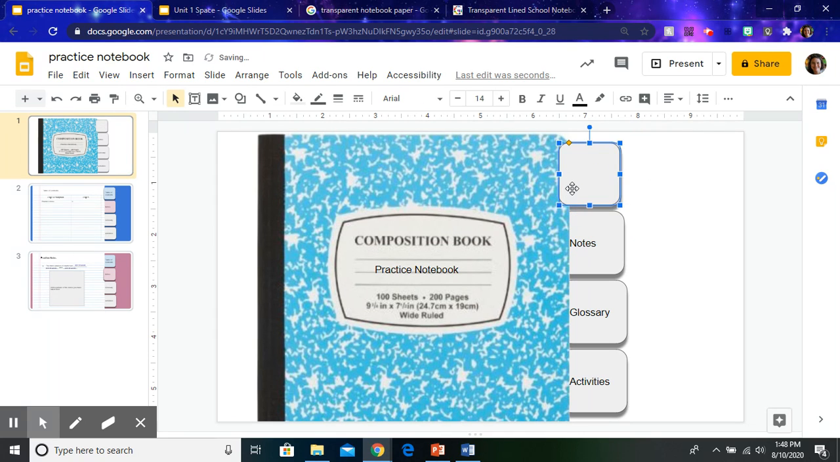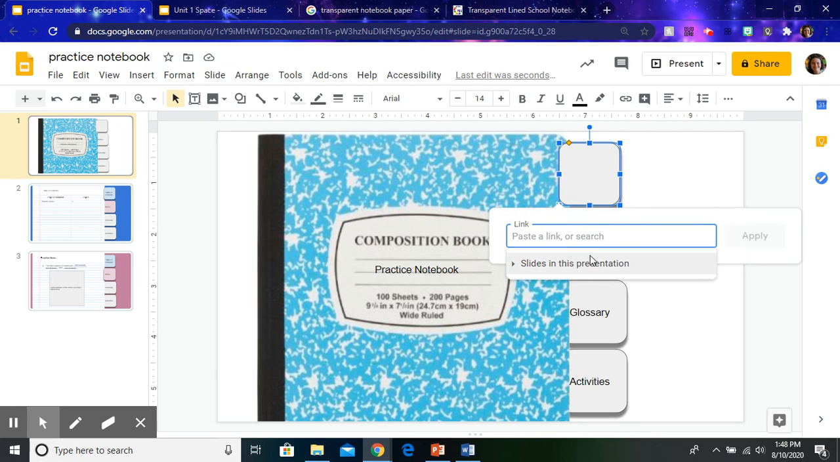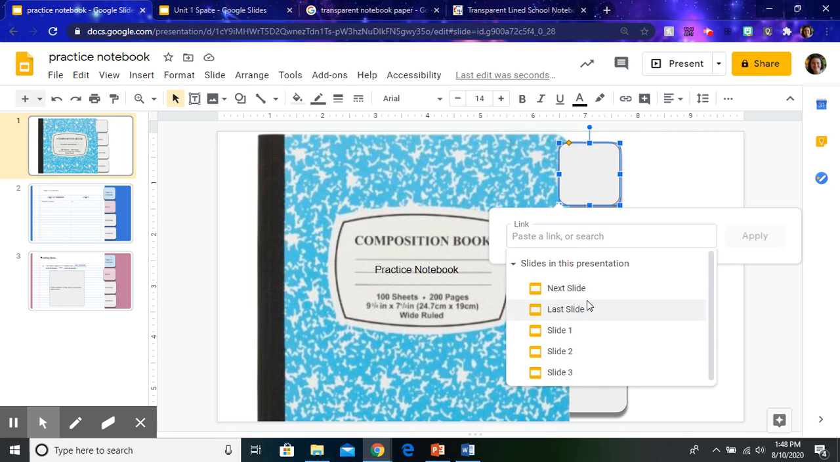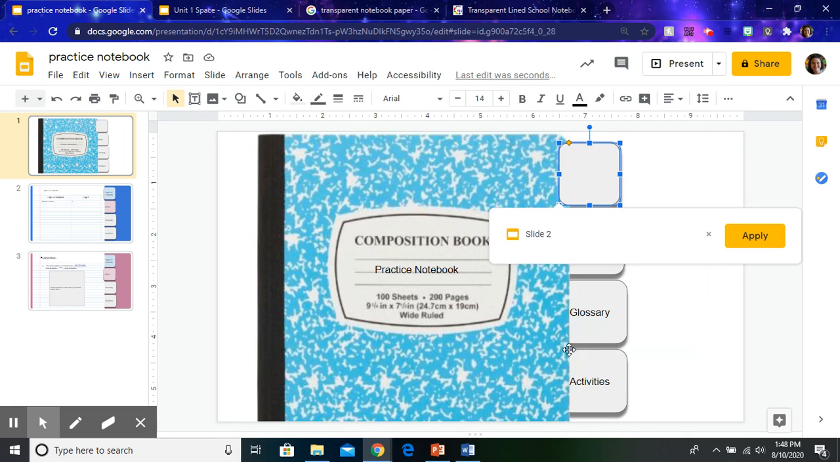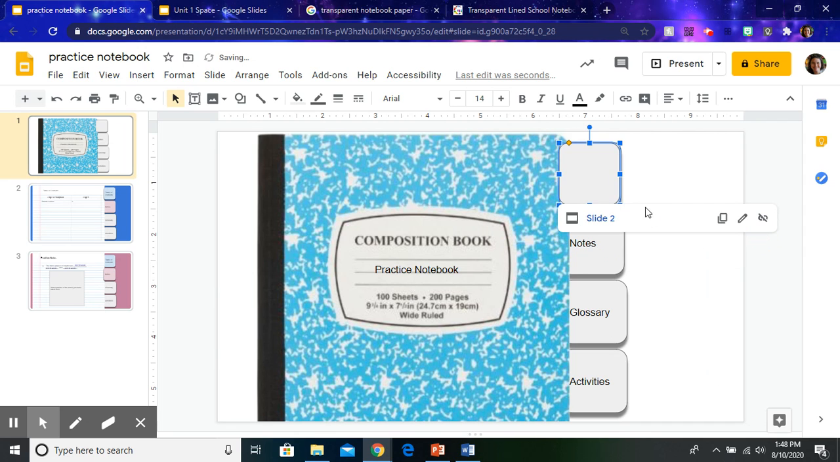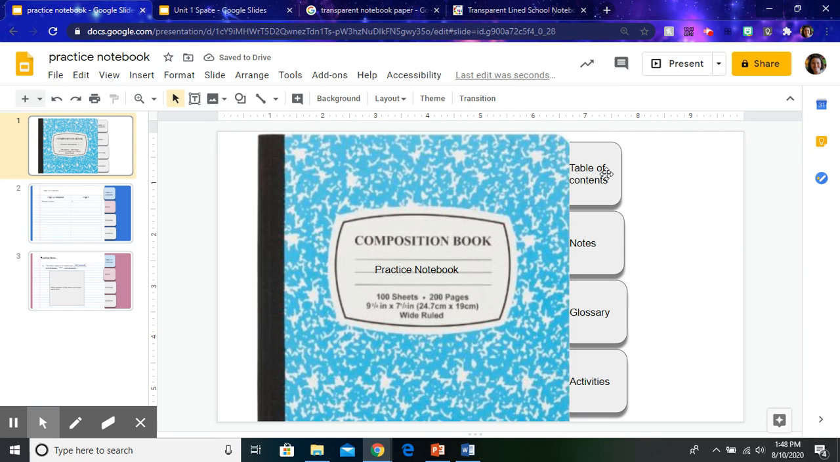Then you click on it and hit Control K, and it's going to bring up this link. If you notice, it says slides in this presentation. We want to link that to the table of contents, so we're linking to slide 2. Apply it. Then you're going to make the box transparent and make the line transparent. So now when they click on it,